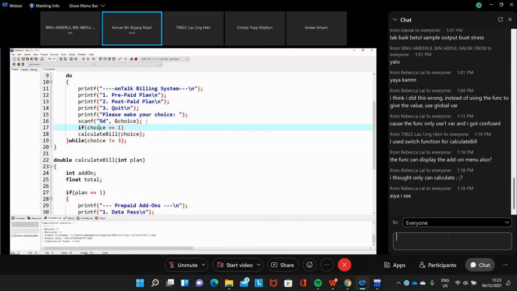Can we put it all together or not? To be safe, we just put it like this: choice equal to 1 or choice equal to 2.